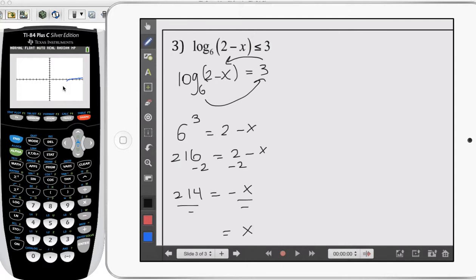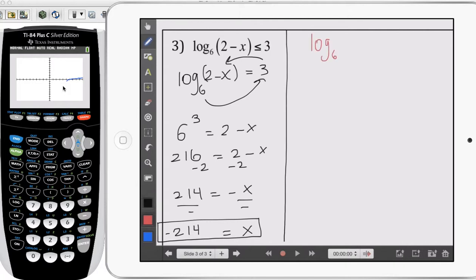Remember, you're just dividing by a negative, so what's going to happen to the inequality? Yes, it's going to shift. We're going to talk about this when we change into inequality form. So I just found that x equals negative 214. Now, when I write down the inequality, because I want to follow this to write my solution, as you can see, my x is on the left side, so I'm going to put x on the left